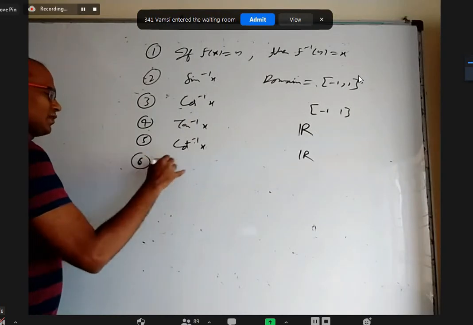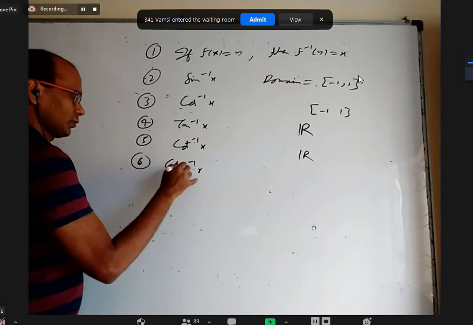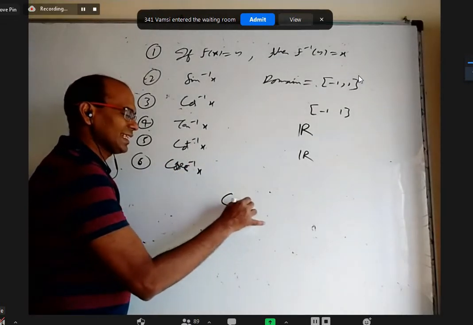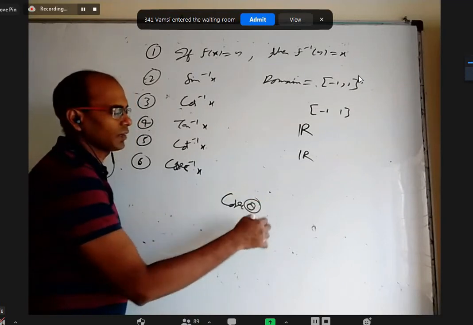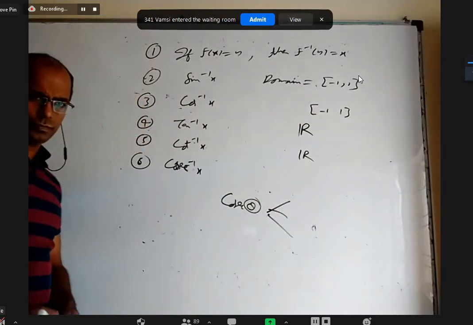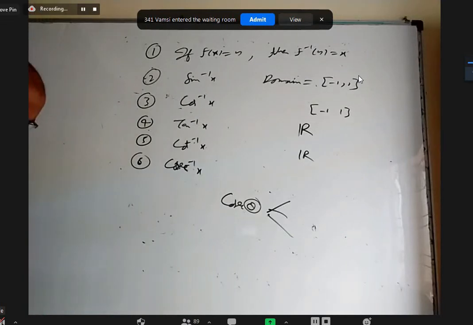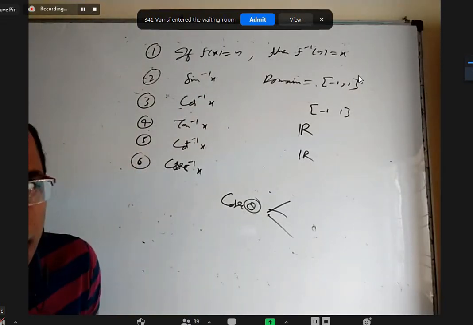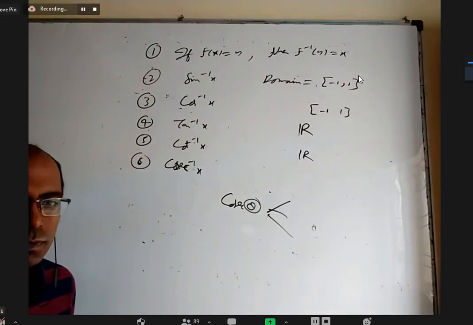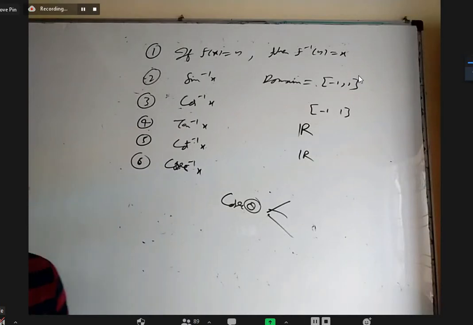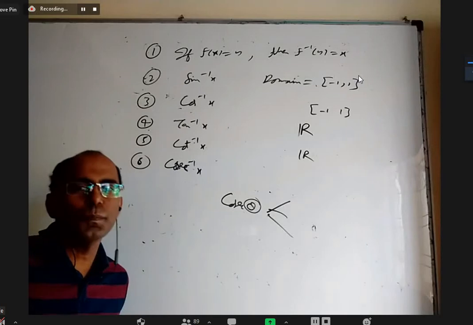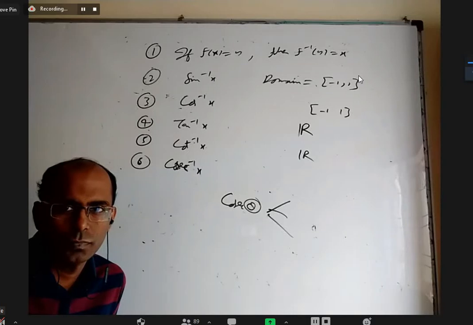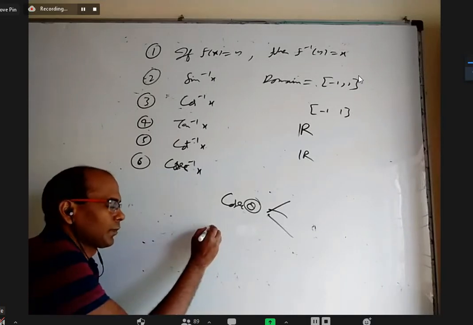Let us see if somebody can tell for cosecant inverse x what is the domain. If you take cosecant theta and take theta whatever you want, we'll get different answers. Where will they be? Minus infinity to minus 1 union 1 to infinity. What is cosecant 30 degrees? 2. If a number is between minus 1 to 1, if you take the reciprocal of that, it will be between what to what? Minus infinity to minus 1, comma 1 to infinity.